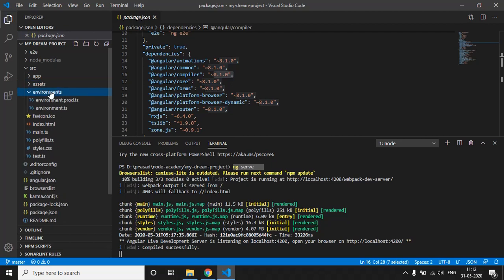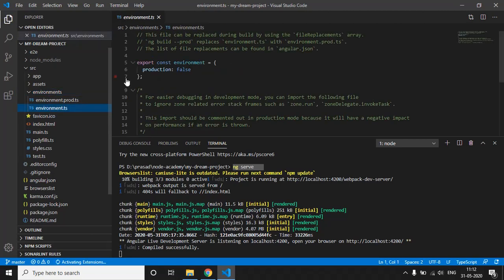We're going to see the environment file later on, so I'll just explain its high-level use. Suppose we need any website URL or backend URL in our entire application. It is not feasible to write that URL into each and every page, and then if that URL gets changed, we have to change it in all the pages, right?